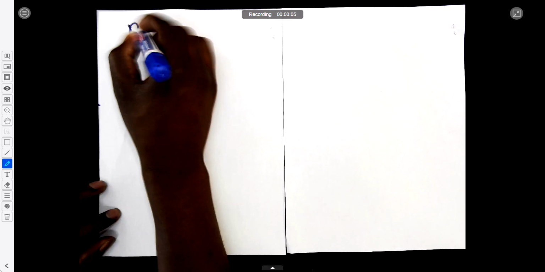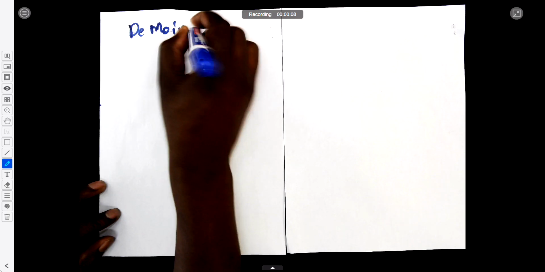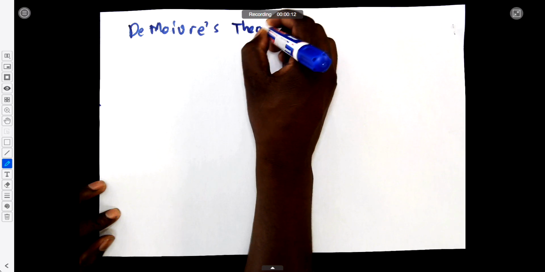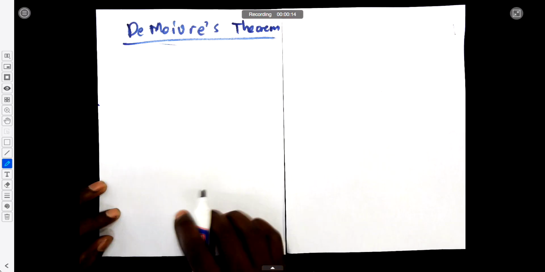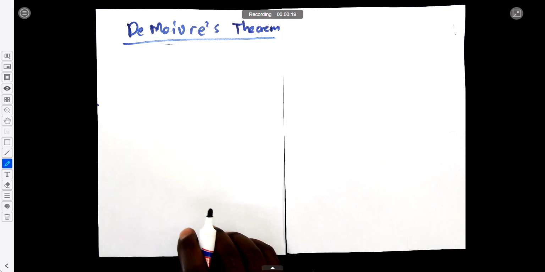Where we have to look into, call it de Moivre's theorem. De Moivre's theorem. So de Moivre's theorem is mostly applied in polar form when we want to do